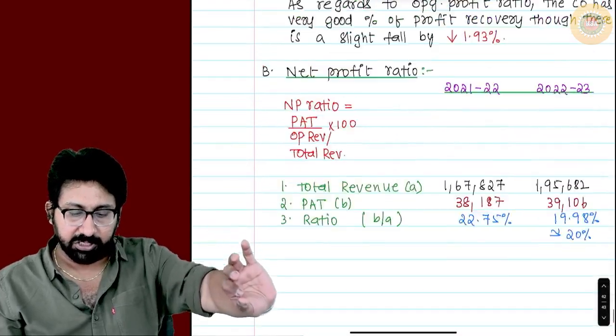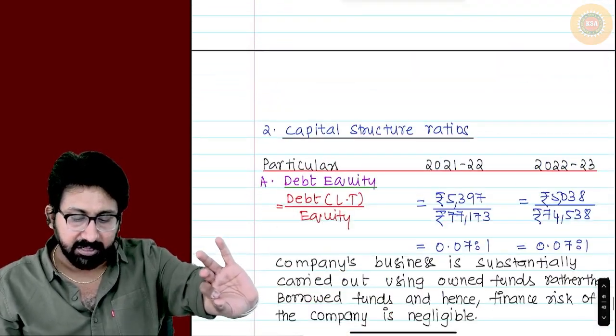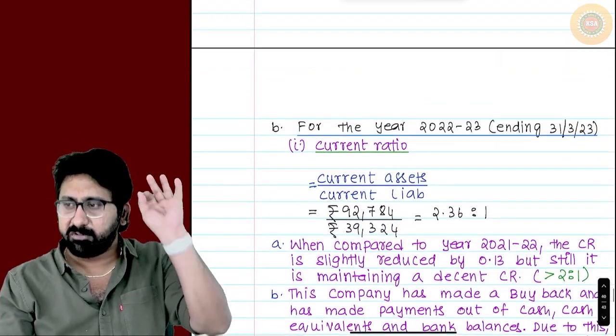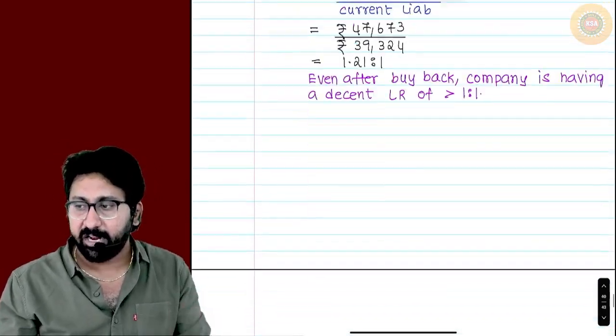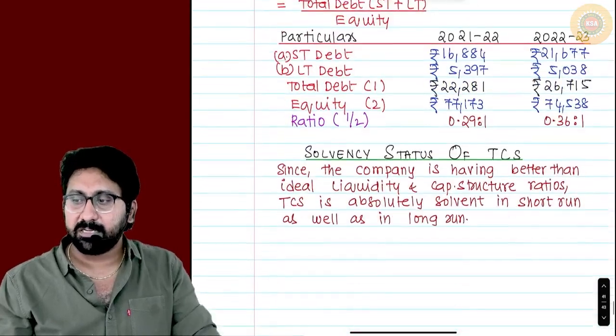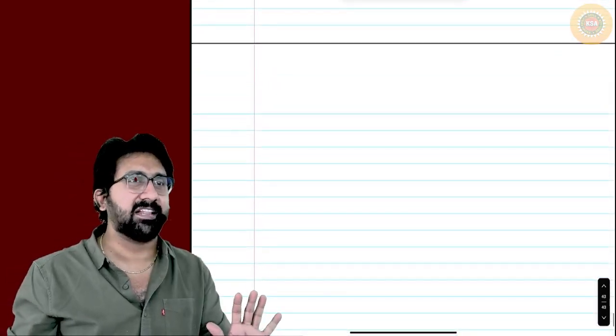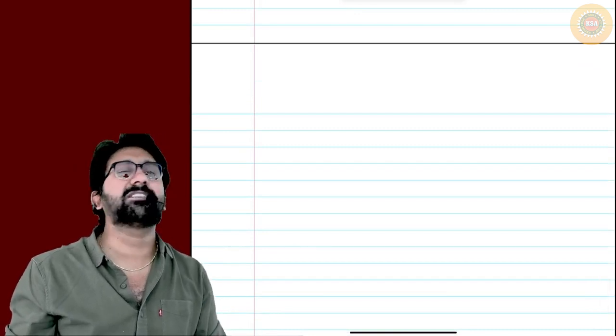Okay. Now answer my question, sir. Had we completed 3 main important ratios in analysis or not? What are the 3? First one is what? Liquidity ratios. Next one what? Capital structure ratio. Next one is what? Profitability ratio. Last one thing is there. Without that, it is always incomplete.